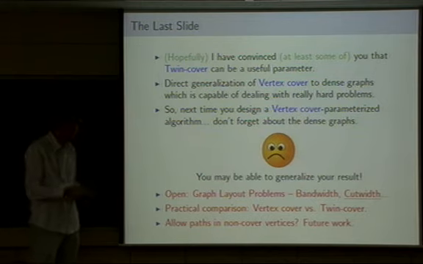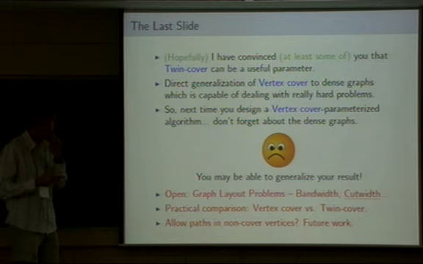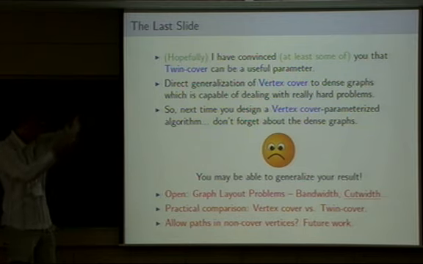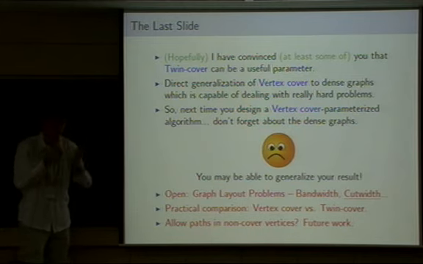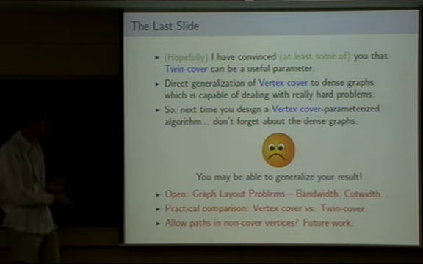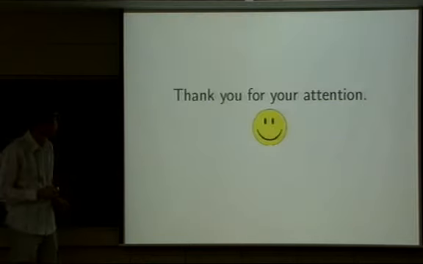And yeah, there was this comment by Hans, I think, I'm not sure, about allowing non-cliques. Here we basically allow cliques of non-cover vertices as long as they have the same neighborhood. So we could also allow other stuff which is also easy to deal with, like paths. But this is also future work, wide open. So that's